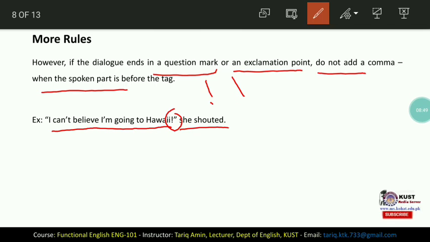In the above rule we say that if the dialogue, meaning the sentence, ends in a question mark or an exclamation point, what should we do then? We do not add a comma. We should not add a comma when the spoken part is before the tag. We can see that the spoken part is before the tag, and we have not used a comma over here.